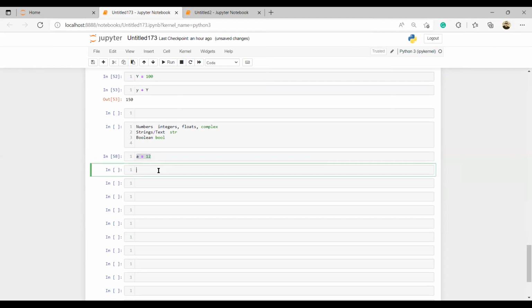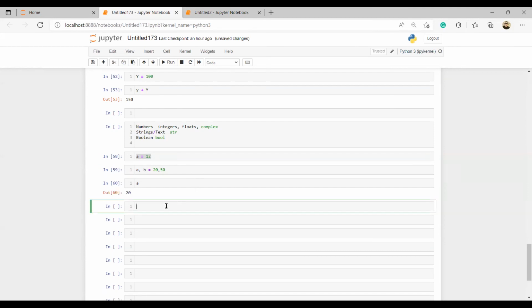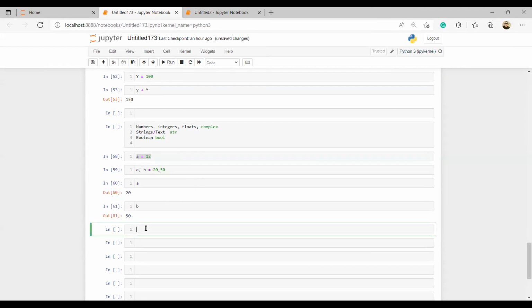Okay. The same way, if I have A comma B is equals to 20 comma 50. What am I doing here? Is it like X and Y? Yeah, variable. I'm assigning A is 20, B is 50.